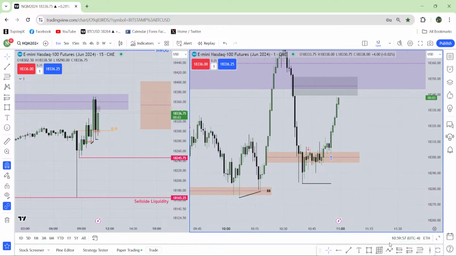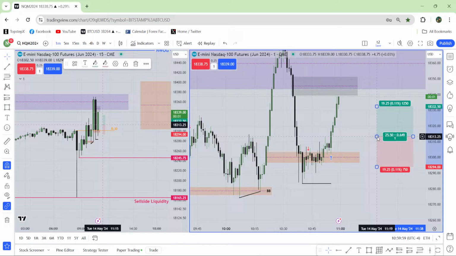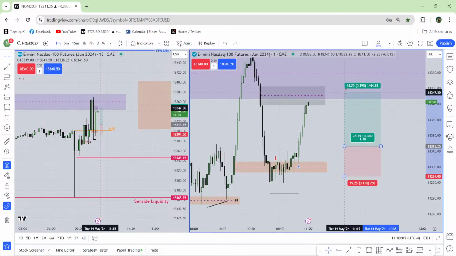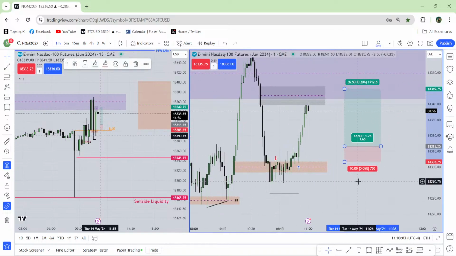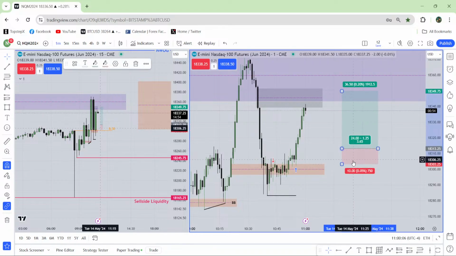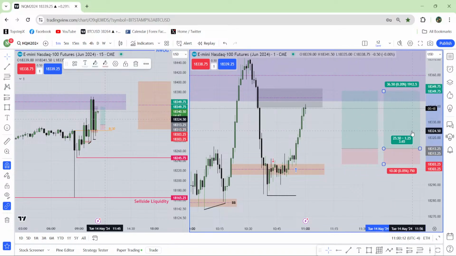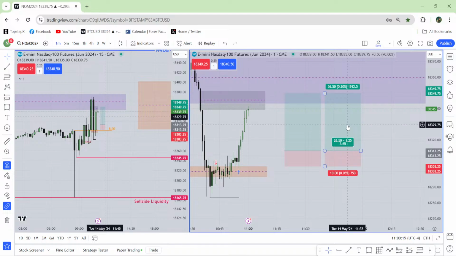The reason is, whenever you take an entry, maybe your stop loss is over here, 10 handle, it hits your target. Then you take another trade, it goes to 10 handle, and you are not going to close your trade. You're holding your trade for 36 handle, maybe 20 handle, maybe 25 handle, it reverses and stops you out.